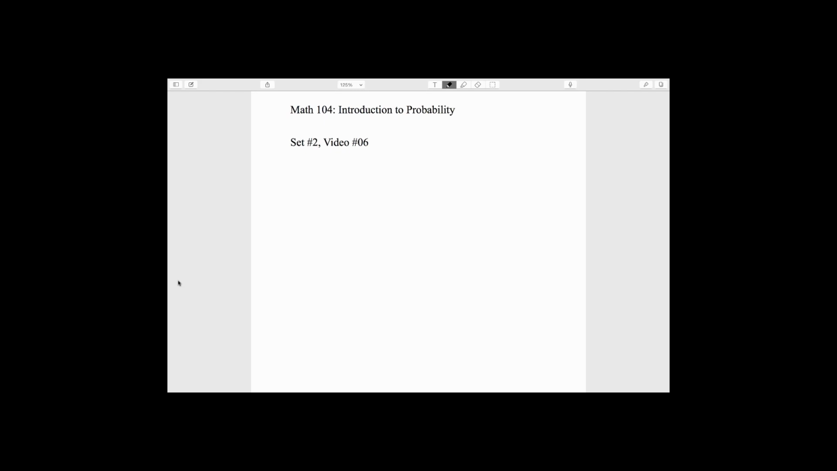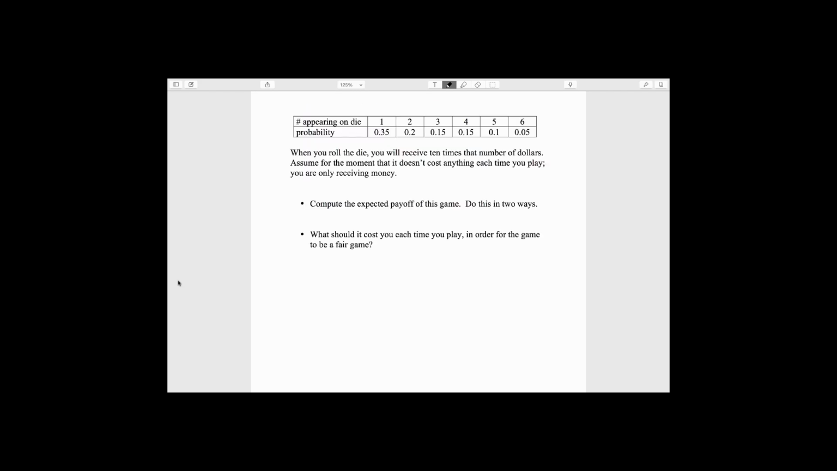Welcome back to Math 104. We are studying the expected payoff of a game in which you roll an unfair six-sided die with the following probabilities, so that whatever number appears when you roll, you receive 10 times that number of dollars. We are focusing just on the payoffs themselves and assume for now that it doesn't cost anything each time you